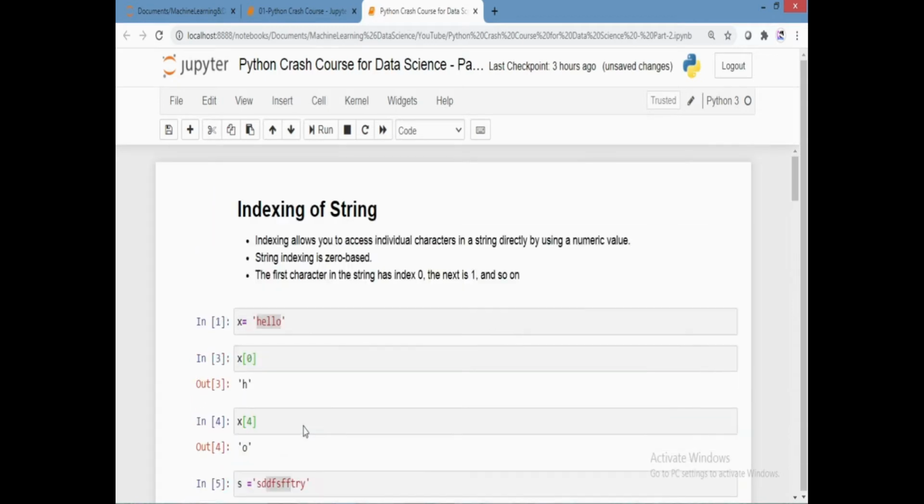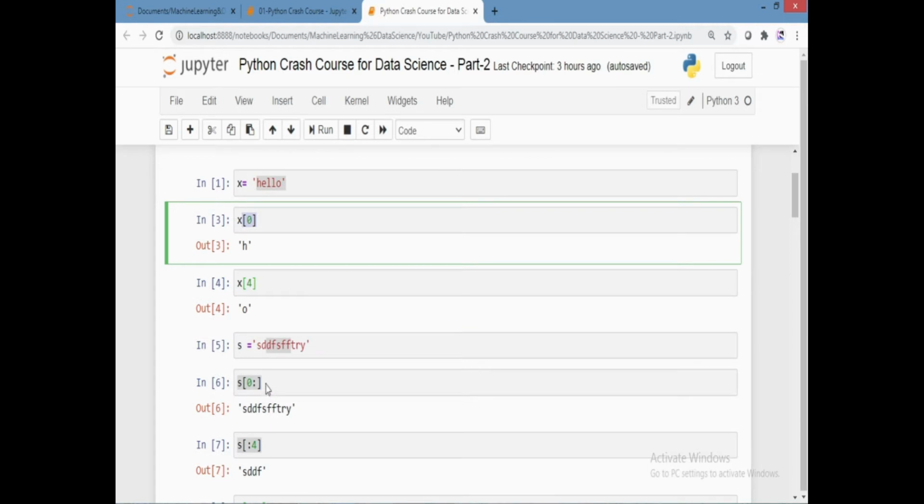Let's have a quick recap. First our topic was the indexing of a string. Here we can call each and every character by using the index. Just create a square bracket and call the numeric value of that index. Same way we do slicing.